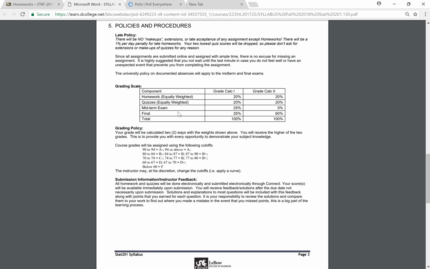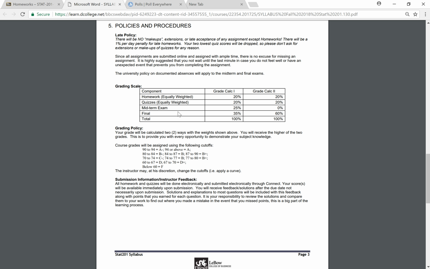So I will calculate your grade in 2 different ways according to these 2 formulas. One has 35% on the final and 25% on the midterm. The other has 0 on the midterm and 60% on the final. And whichever of those is higher, I will give for your final grade. And unfortunately, we can't go the other way.